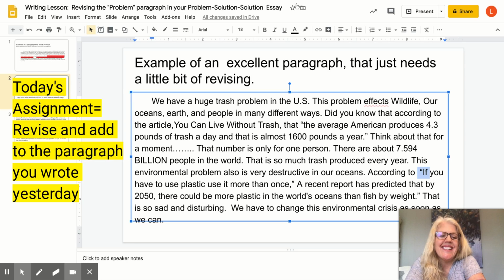Hi, everyone. So for today's lesson, what we're doing is just going back to our problem paragraph and revising it. Almost all of you guys have things that you need to change, edit, add, revise on your paragraphs. And we're going to look at a few really strong examples to see if the students are on the right track, what they could add, and how you might go about revising your